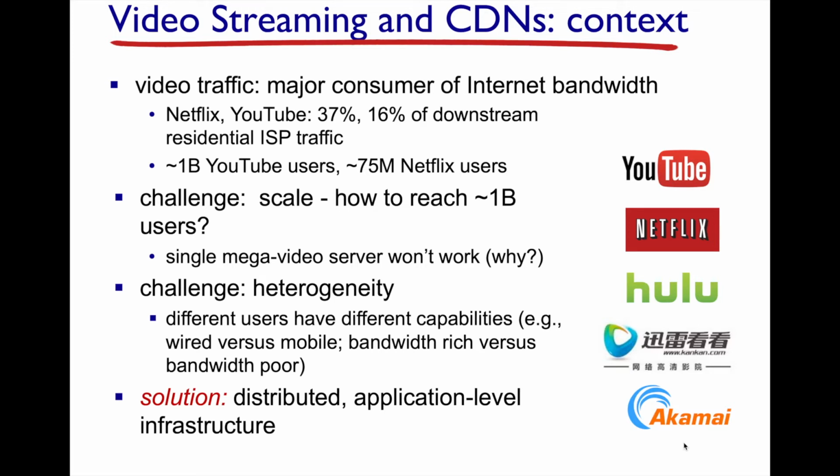And so the solution for this is distributed application level infrastructure. And again, you'll find for many of these internet application solutions, it's always at the application layer because it's much easier to push complexity to the edges of the network than to try to make a modification to the interior, namely the switching fabric. And if you think about it, if you can keep the switching fabric simple, you can make it very, very fast because at the end of the day, what you're after is to get reasonably fast end-to-end flows, right? And so it's very rare that people make a major change to how the switching fabric works because they want to make sure that it's kept relatively simple.